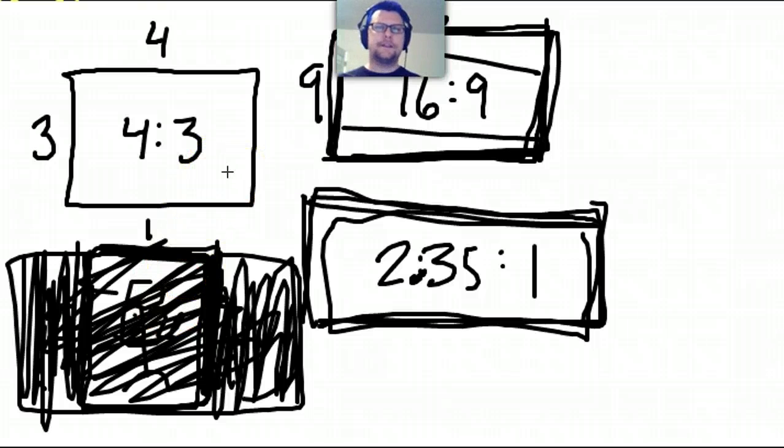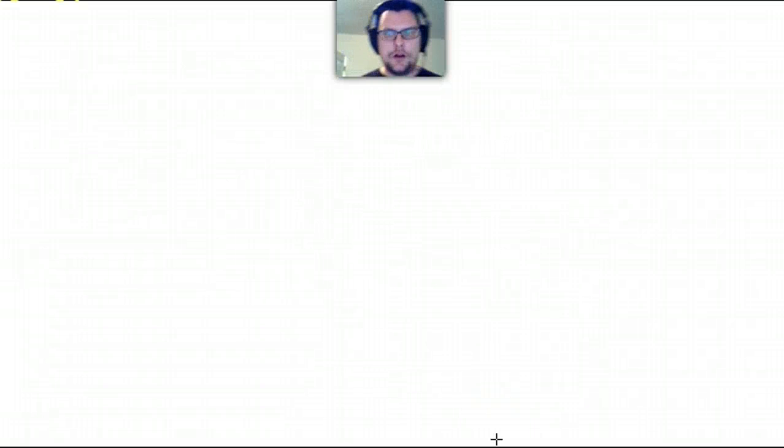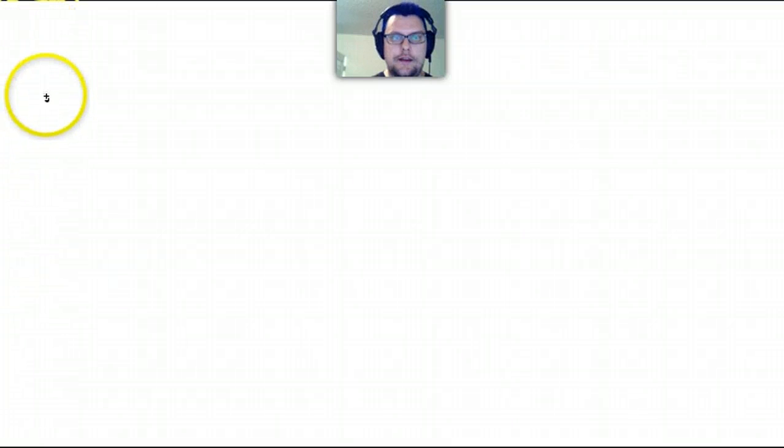So 16:9, 4:3, why does this stuff matter? Well, let's take a look. All of this talk about aspect ratio is important because it feeds into one of the primary features of good composition. Composition is defined by 3 basic concepts, and that is